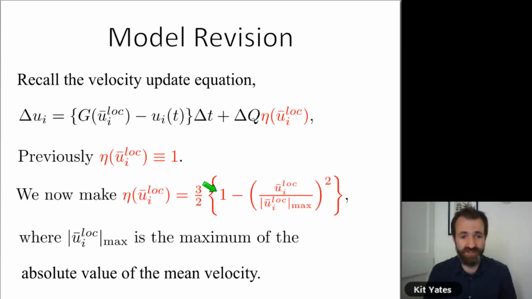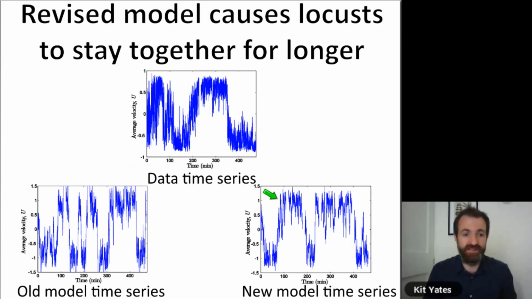And all this function says, you don't need to worry too much about it, but it basically says when the locusts measure a low absolute velocity, so they find themselves out of line with their neighbors, they increase the randomness of their motion. And when they measure a high absolute value of the velocity, so all going clockwise, all going anti-clockwise, they decrease the noisiness of their motion, and that helps them to stay aligned for longer. So we plugged that back into the model, and then here's a comparison.